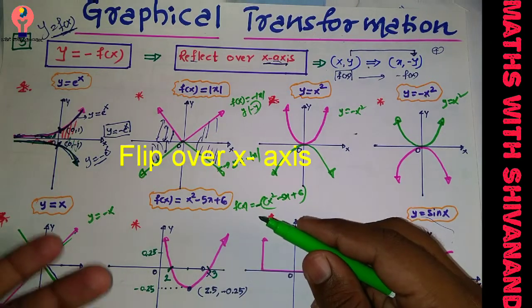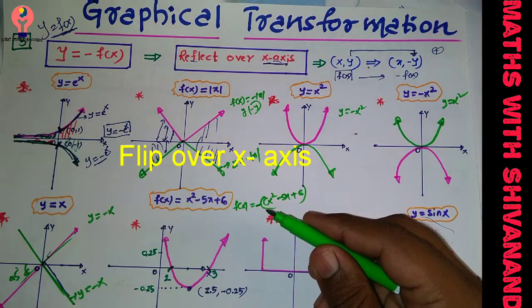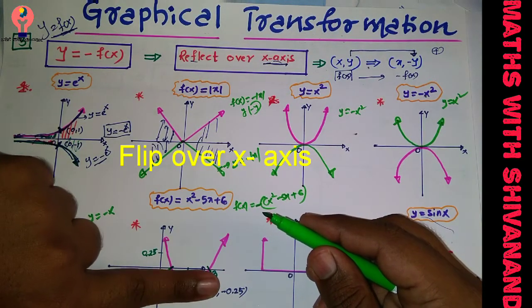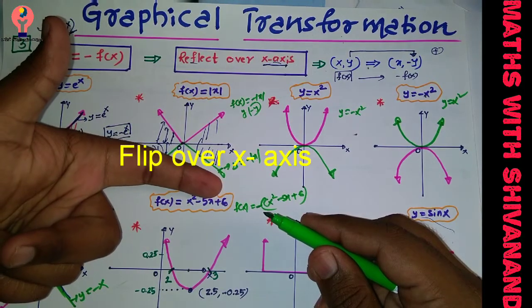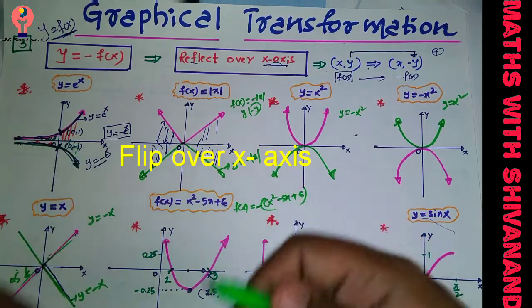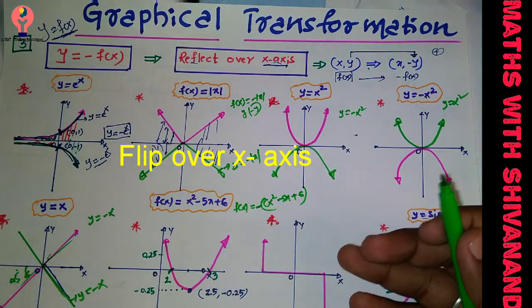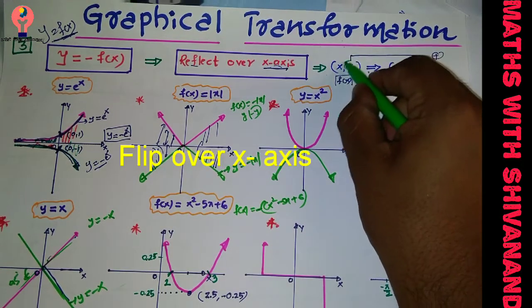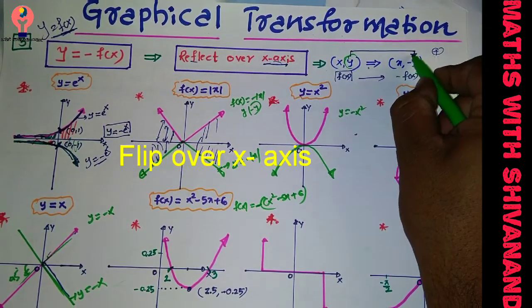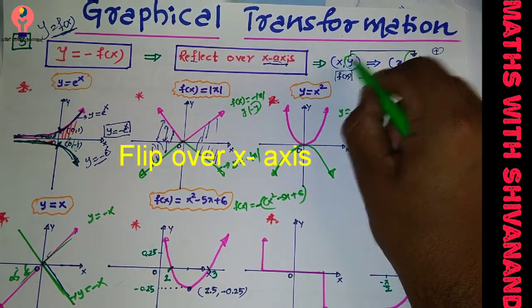First, what you can do here: the graph is there above the x-axis and below the x-axis. The below part of the graph has to come up, and the upper part of the graph has to come below the x-axis. Definitely. Why? Because if your initial y is positive, it has to become what? Negative. If initially it is negative, it has to become what? Positive.